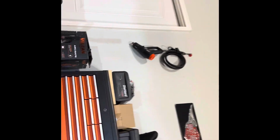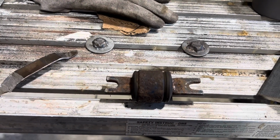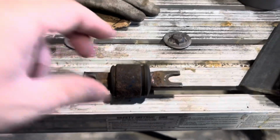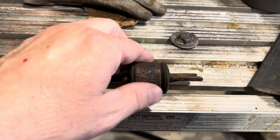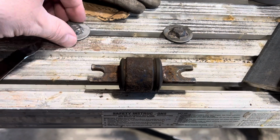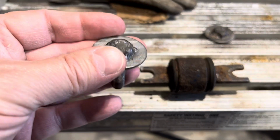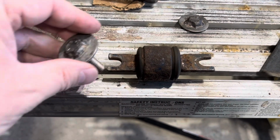Alrighty, so then my fix after that, let me pause this while I get my fat butt up off the concrete. Alrighty, so the next dilemma is, now you got 2 holes up there. How are you going to fasten the top of your shock mount? So here's what I did, I took the old shock and cut the end off so I could have something to make my thing. I took some grade A bolts, and I'm not even sure which size they were. Got them at Tractor Supply,